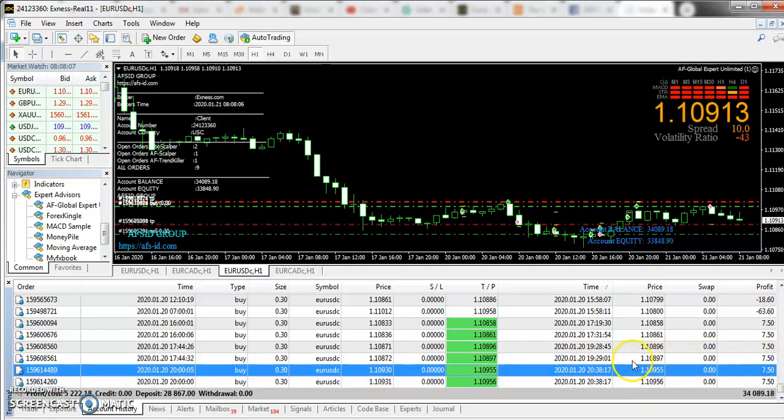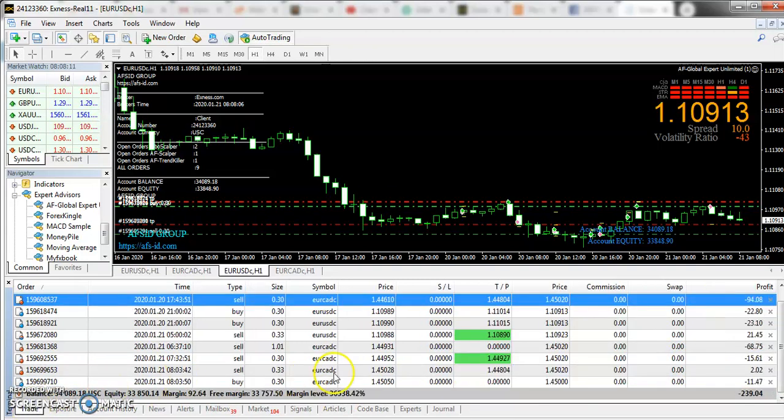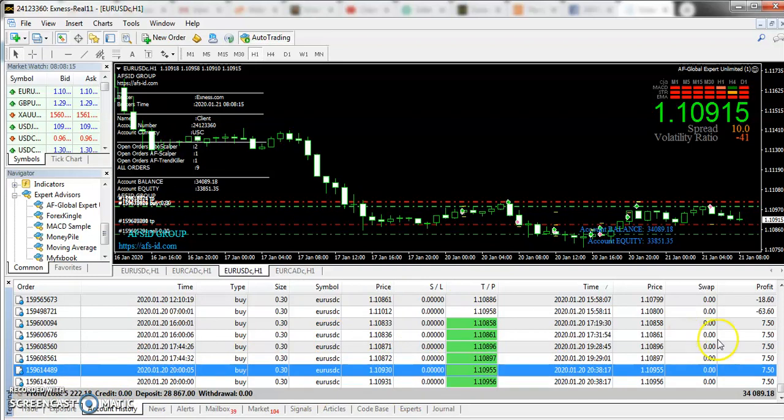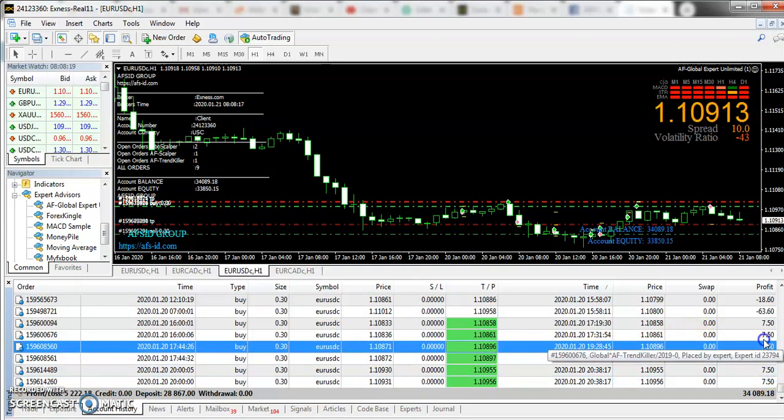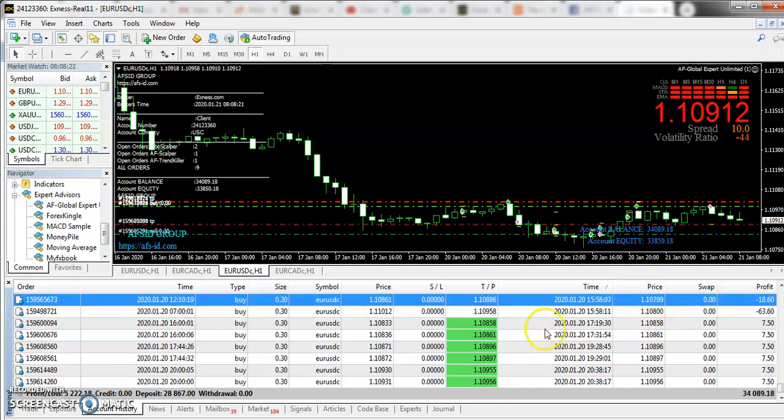So you can say that it's the 21st right now. Right now on the 21st, these trades are triggered and working. No results for now, but yesterday's results are 7.50, 7.50, 7.50, 7.50, and so on. Overall, if we talk about the profit, then the profit has reached up to 5222.18. So guys, overall, as per the deposit, that's 28867, the profit is very handsome if you compare it